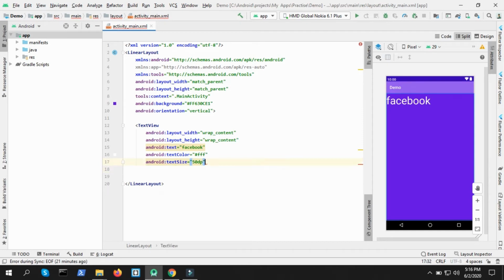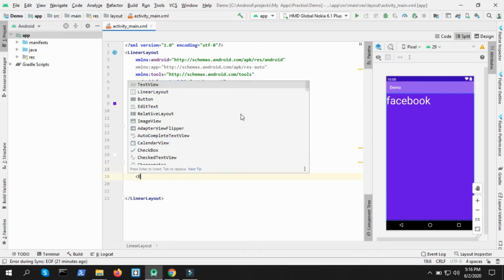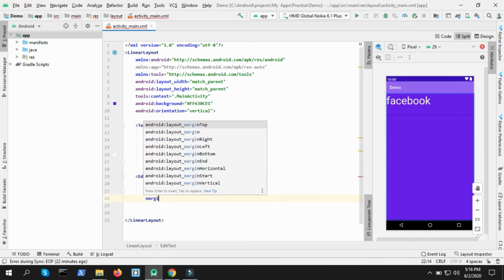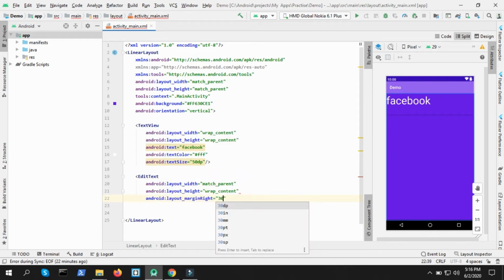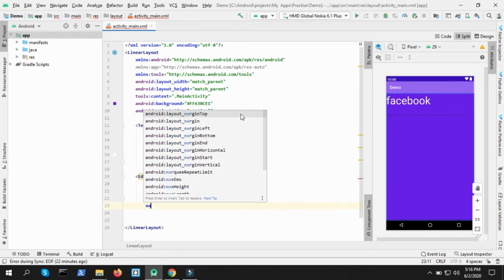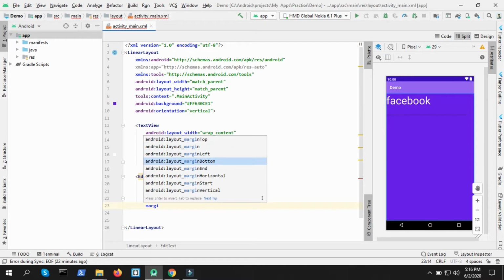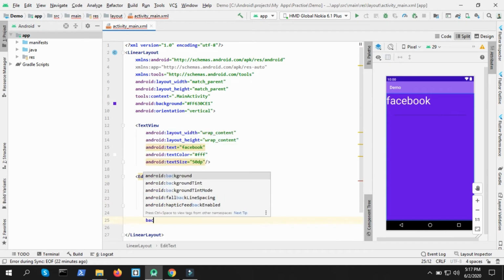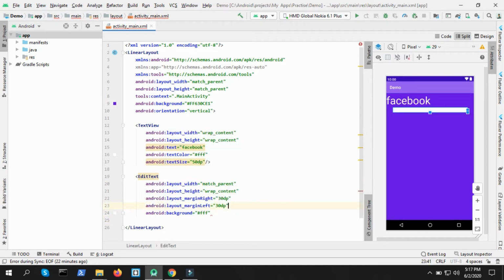All right, then edit text, width will be match parent, wrap content, margin left 30 dp, margin left 30 dp, background will be white, padding will be 10 dp,